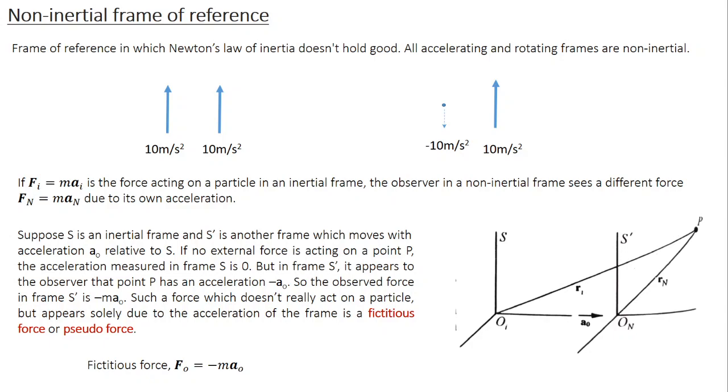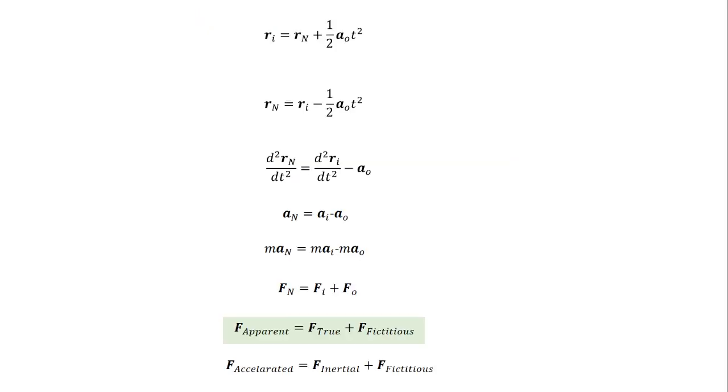If we imagine that the initial velocity is 0, then the separation distance is half at square. In this case, acceleration is A0, so the distance is half A0 t square. So Ri I can write as a vector sum of this distance plus Rn. So I write Ri equal to Rn plus half A0 t square, or Rn equal to Ri minus half A0